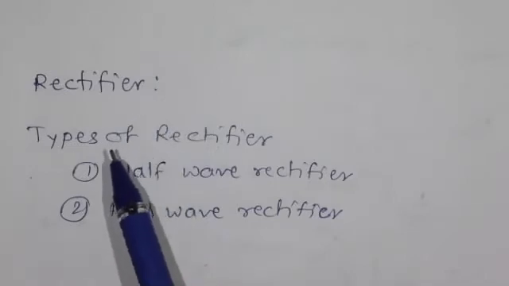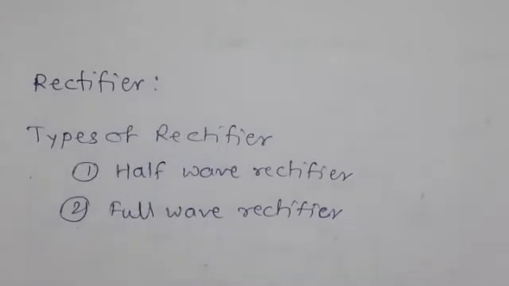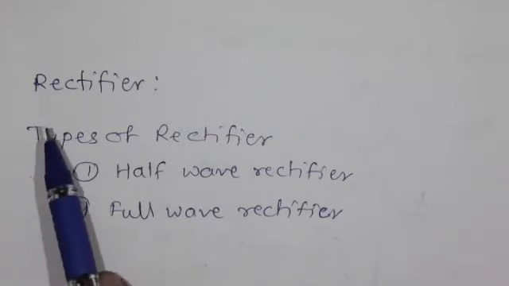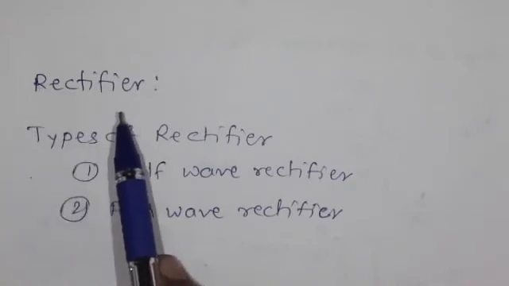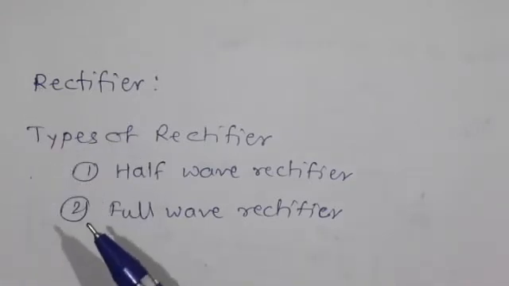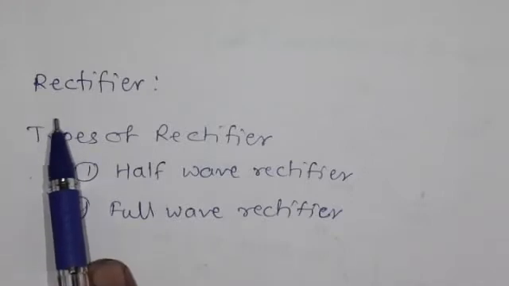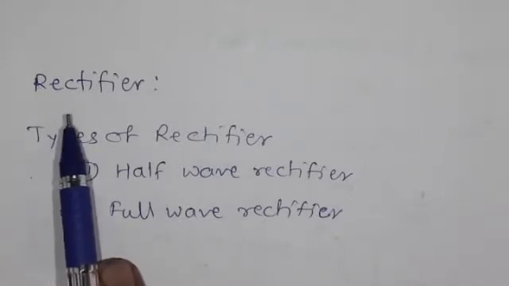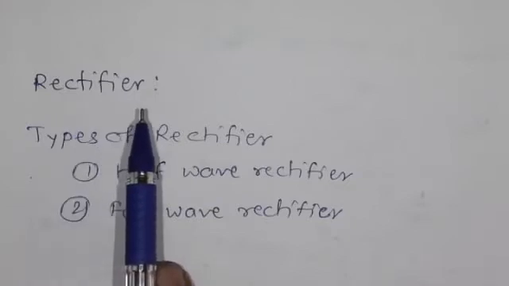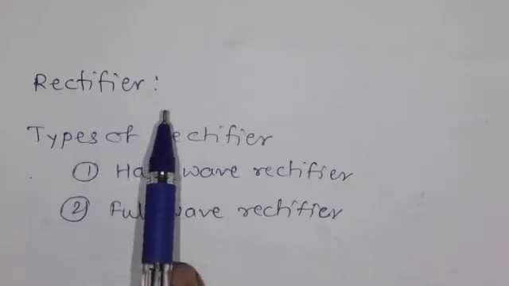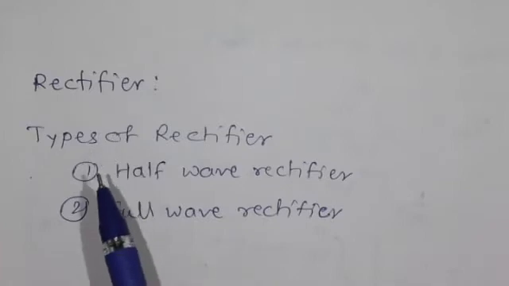Now this DC signal has large applications in different electronic equipment such as small radios, televisions, or different devices. They require that DC signal, and that DC signal is converted basically from the rectifier along with the filter circuit and regulated power supply. But the first component for converting the AC sinusoidal signal into DC or pulsating DC is nothing but the rectifier.